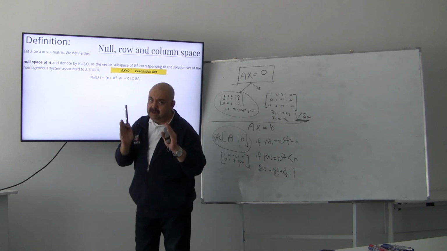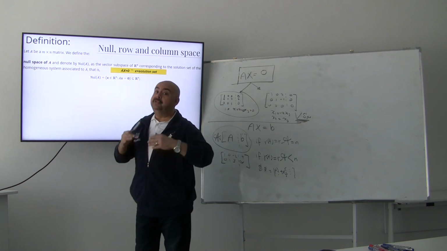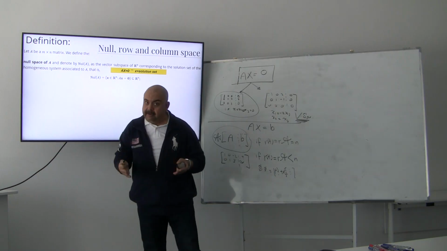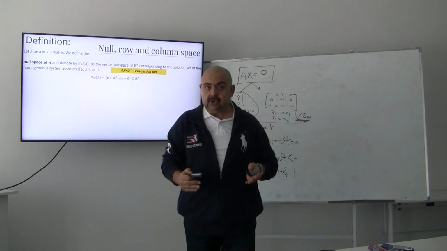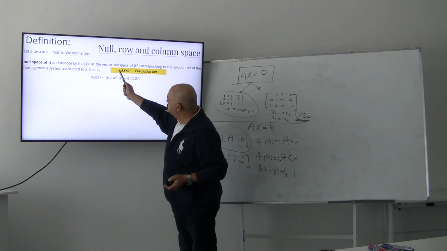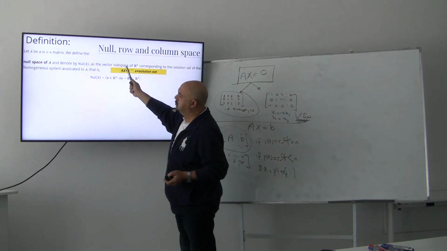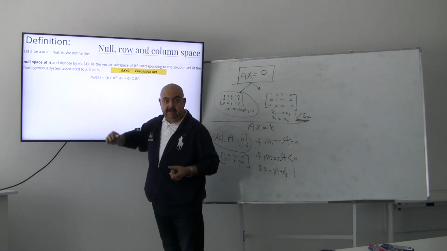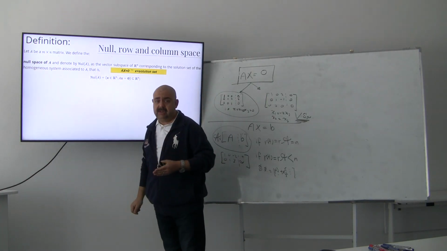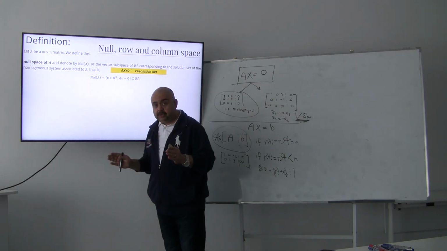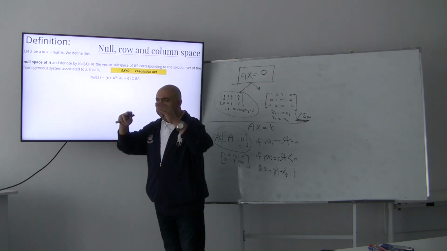This is what we mean: it is the solution of the homogeneous system of the A matrix, which is the matrix formed from the vector basis of a subvector space times x equal to 0. Once you try to solve this homogeneous system of equations, the result will be the null of A. If you want to get a null of A, as we will see in the coming example, all I have to do is to take these vector sets, the basis of a vector space,